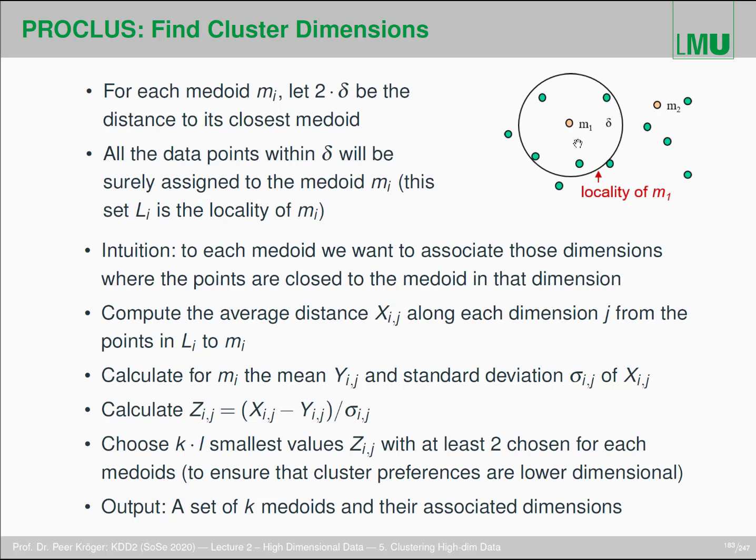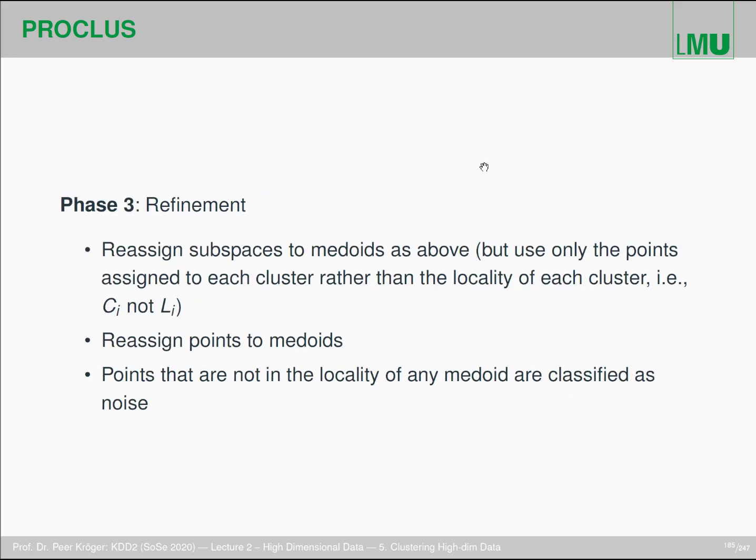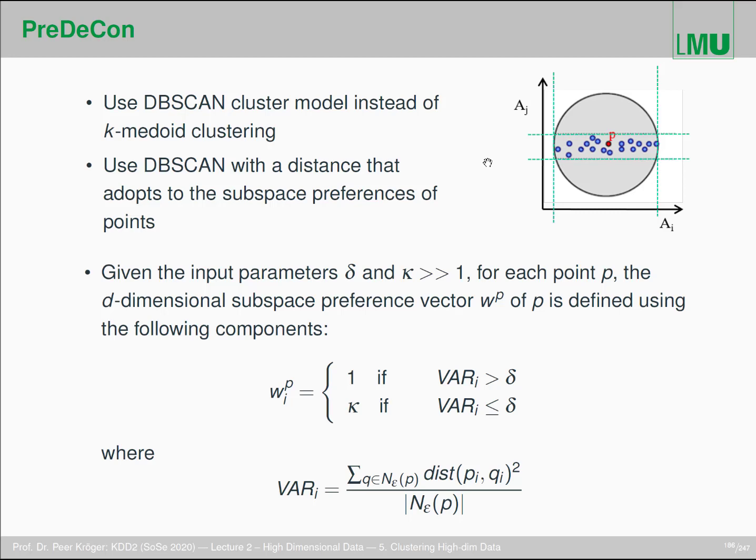In the full dimensional space, in order to see is there some kind of subspace preference in the locality of the medoid, meaning that there are some features with a low variance and some features with high variance. So that is the basic downside of all those methods, the locality assumption. Yeah? Okay, so that was